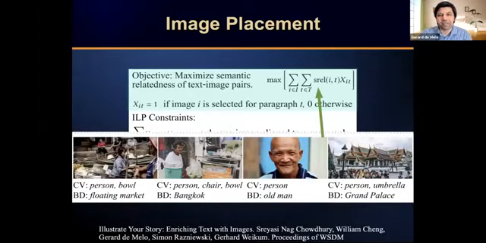But ultimately, in this work, we found that you can actually outperform most computer vision techniques by just using web scale data. That's the most important thing you can do. If you have a large database of images, and even better if you have a web reverse image search engine, then you can collect tags using that and get much more fine-grained signals about what's in the image, such as this is the Grand Palace in Bangkok, or this is the floating market, and not just some abstract labels such as person, bowl, and so on.